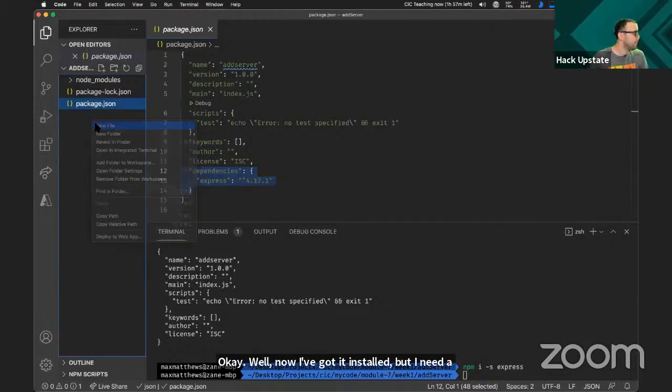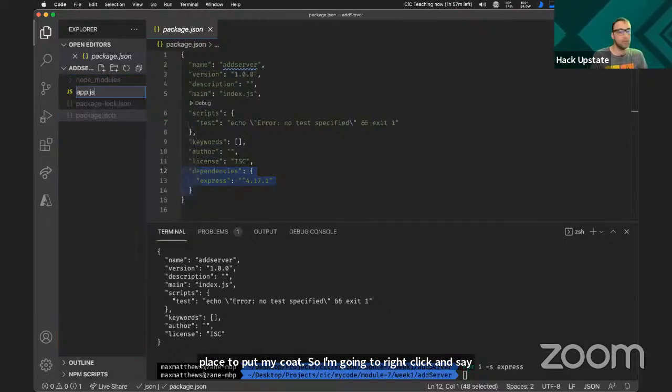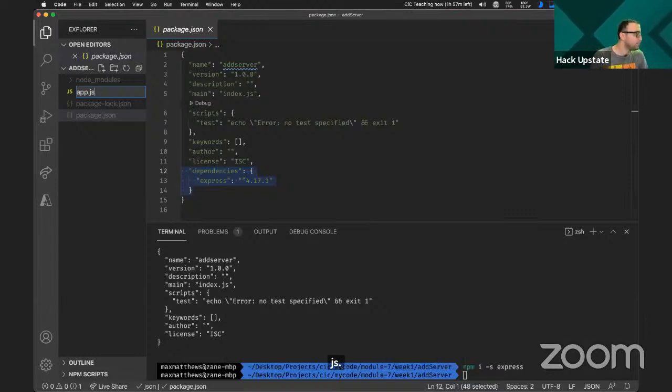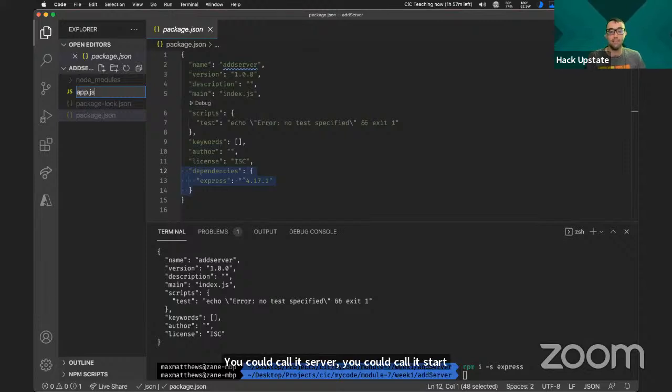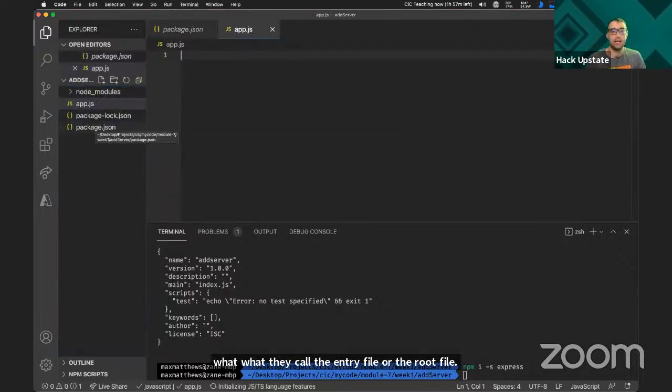So I'm going to right click and say new file, and I'm just going to call it app.js. Naming convention wise, you can call it app, you could call it index, you could call it server, you could call it start. I've seen a lot of different things that people call what they call the entry file or the root file, but we're just going to say app.js.